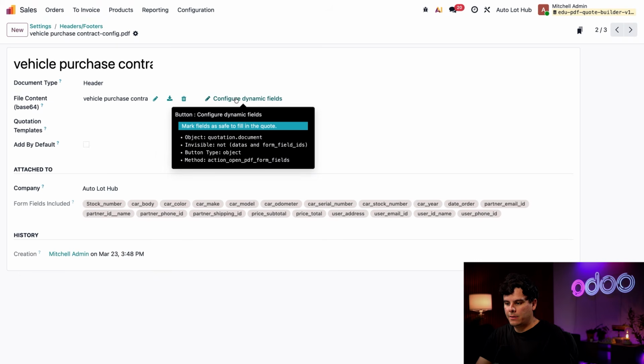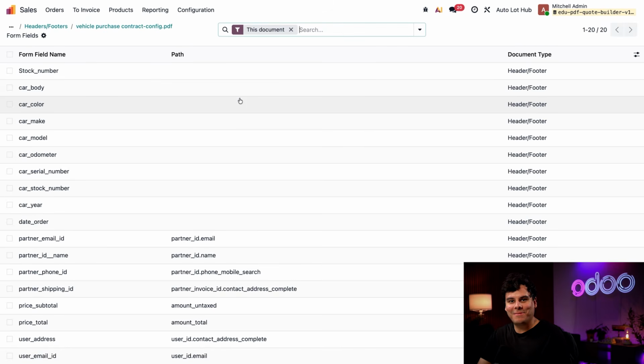I'm going to click on this internal link for configure dynamic fields because this option is pretty cool, and it only appears if the PDF has dynamic fields configured or if we had clicked new. Odoo usually maps these automatically if the PDF field names match Odoo technical names. If not, then we can manually enter the correct path on the form fields page. But for now,